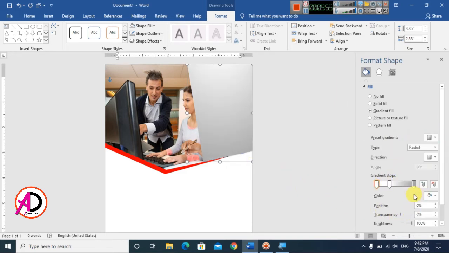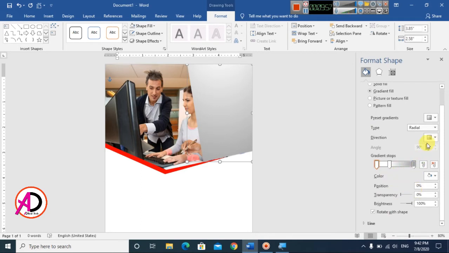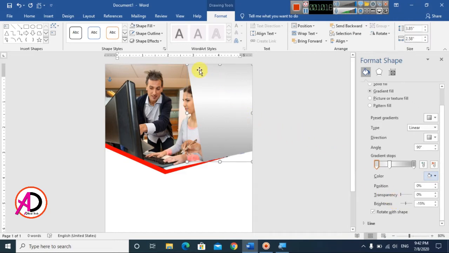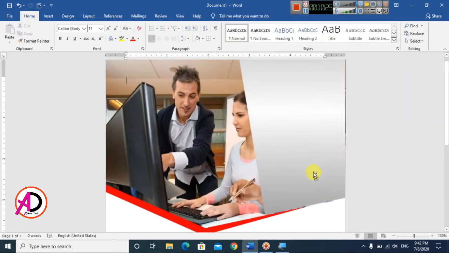Simply choose color here, and you can see the radial option is here. Simply I choose the linear option, and I choose the direction you want, the direction option is here, and simply I click this direction option maybe like this. You can see I click on this point and click on this color, whatever color you want. Simply I make this color effect here like this, and I close it. You can see just like this,